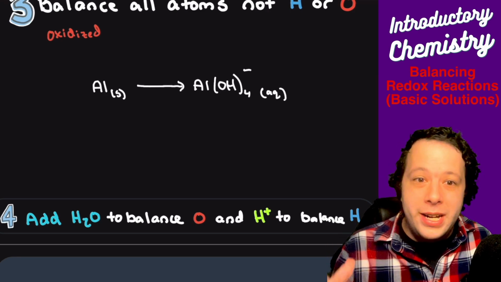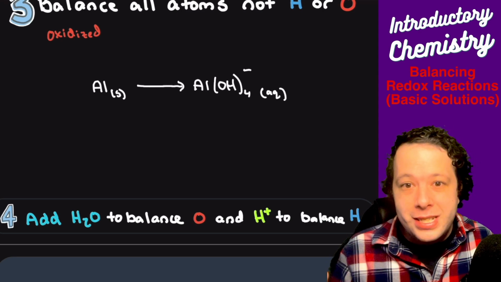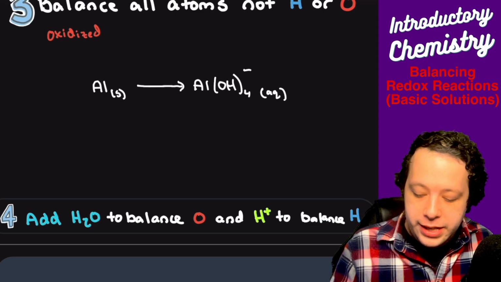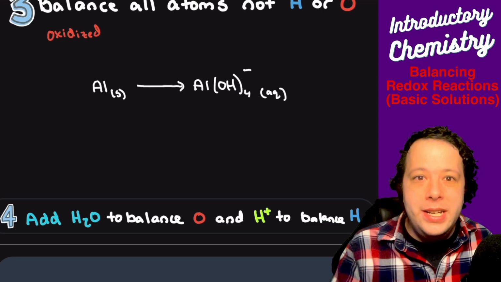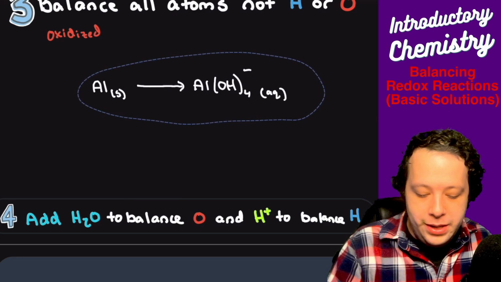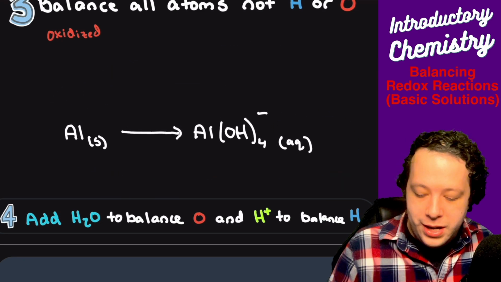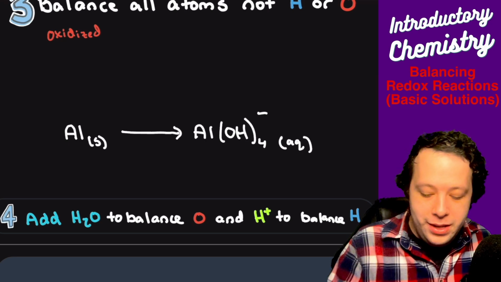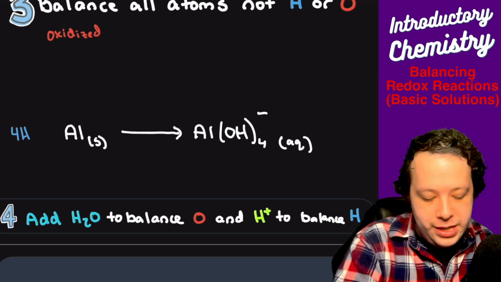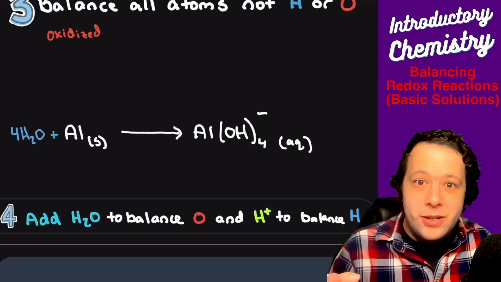So where we're going to add water in order to balance oxygen and then H plus to balance the hydrogens. So when we're looking at this, I have to examine it and see, oh hey, do we have any imbalance of oxygen here? And what you will notice really quickly is that we have those 4 oxygens on the right-hand side. So what we need to do is add 4 waters in response to that on the left. So that balances our O's.